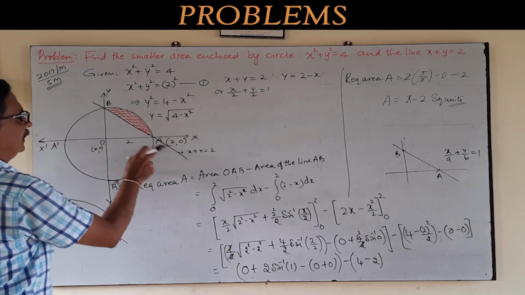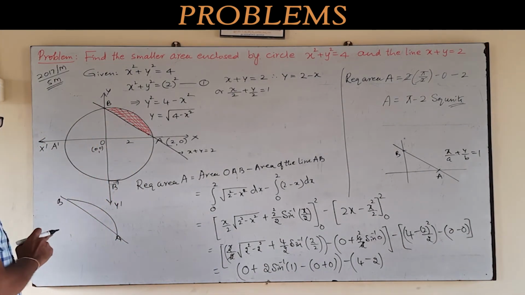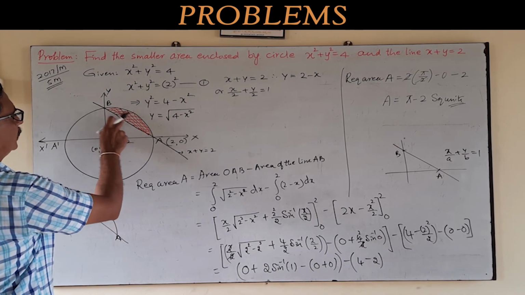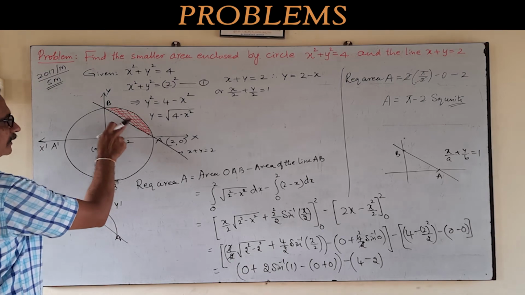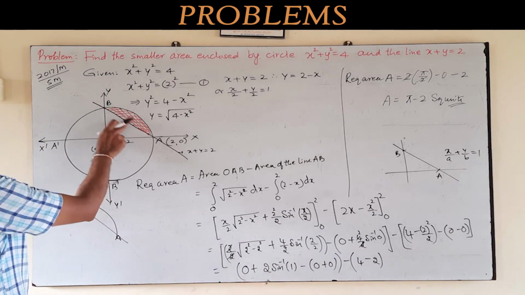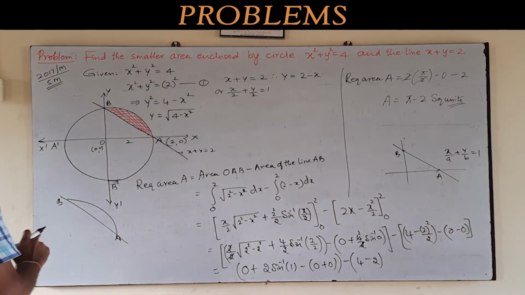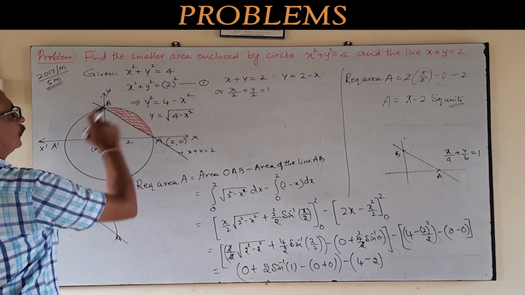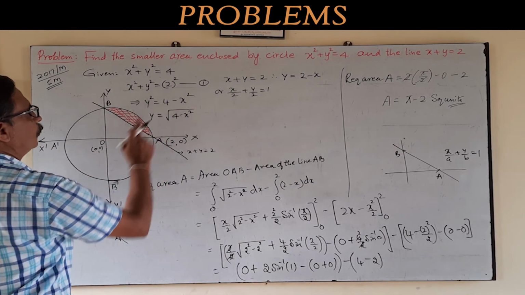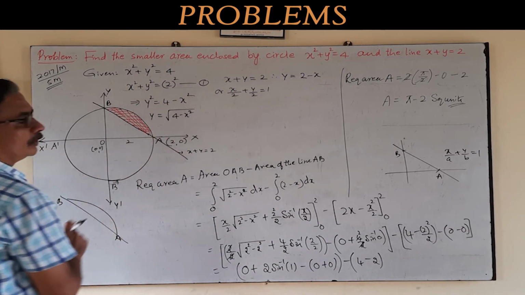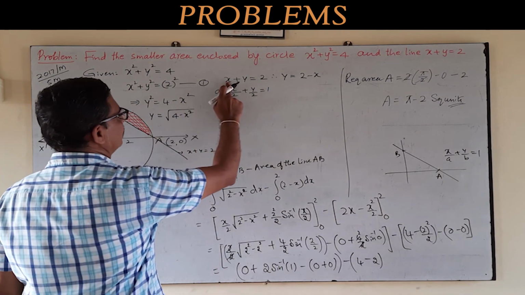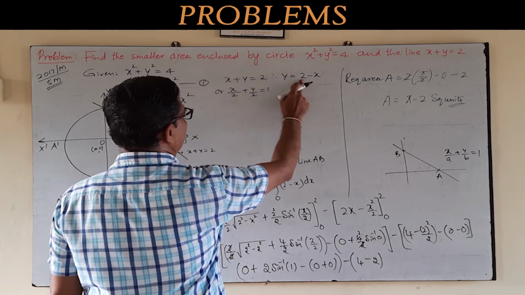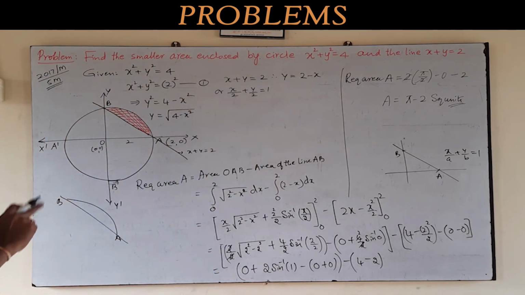Now the line cuts the x axis at A as well as y axis at B. Now the question is to find the area of the smaller part of the circle. This is the smaller part of the circle. To calculate the area of that shaded portion, how to solve? First, given data x square plus y square equal to 4, using this we find y square is equal to 4 minus x square, or y is equal to under root 4 minus x square. Similarly, here the line x plus y is equal to 2. Using this, y is equal to 2, that term goes to the right side, 2 minus x. We got both values of y.